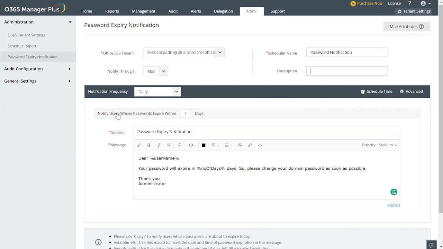So next comes the notification frequency. You can choose when the notifications should be sent. It can be either daily or weekly or on specific days. If you click daily, the notifications will be sent every day. And for weekly, I'm just clicking it to show you, it will notify the users whose passwords are about to expire within 7 days. And if you click on specific days,